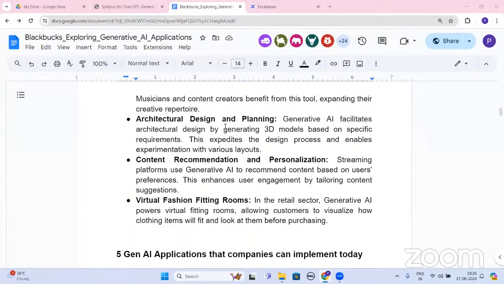Clear, guys, on this? Then there is content recommendation and personalization, which I have already told you about. Whatever PPT I need to create or whatever presentations I need to prepare, it is very important for all of you to get a really good idea about this particular fact that you can get that content prepared in a second, right? In a second, I'm saying.